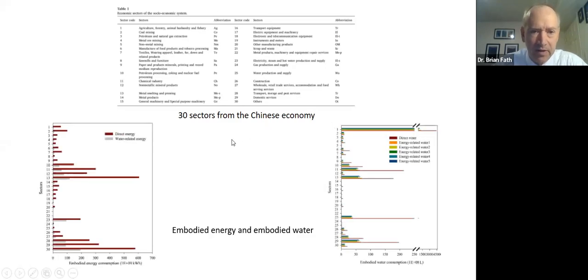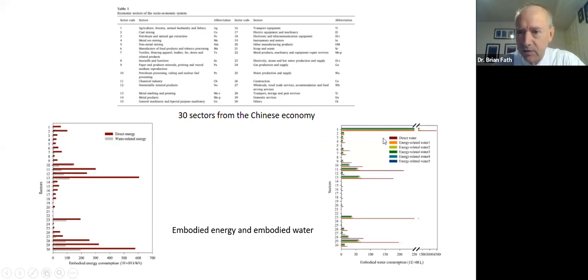And being able then to generate for each of those sectors how much of the energy was used directly in the sector versus how much was water related energy. And you can see that some of the sectors, particularly some of the ones that have to do with metal melting and mineral products, can have quite a bit of water related energy that is embodied in the use of those sectors. And then on the other side, in terms of the embodied water,